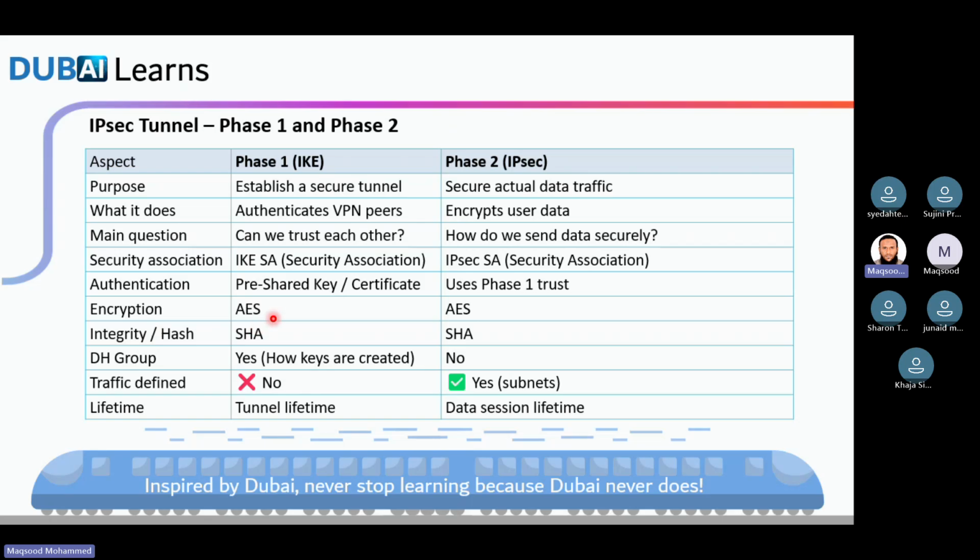So these are the protocols, the parameters which you have to agree upon. If you are using AES encryption for your phase one and phase two, you have to communicate to the other side. If it is a bank with whom you are establishing a site-to-site connection, you have to tell them these parameters. These are important. So the pre-shared key, if you're using the pre-shared key or certificate for authentication, if you're using AES or some other protocol for encryption, if you're using SHA or something else for hashing the data, Diffie-Hellman group, if you're using this, there are specific versions in it. So these are the things which you have to share with your other party,